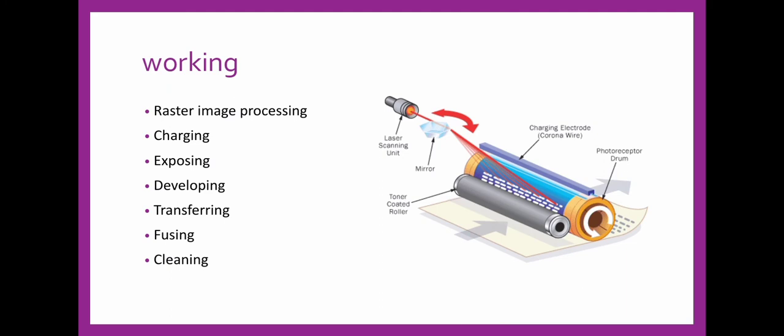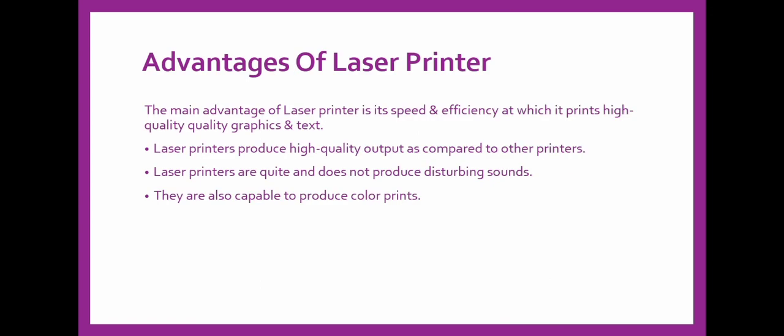Step 7 is cleaning and recharging. Before the drum completes its revolution, it is subjected to an electrically neutral soft plastic blade and cleaned of residual toner. The excess toner is then deposited into a waste reservoir. Finally, the newly cleaned drum receives a fresh negative charge on its surface from a charge roller, preparing it for another laser beam round.